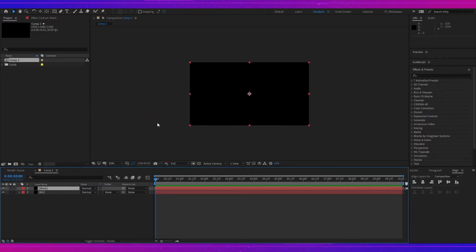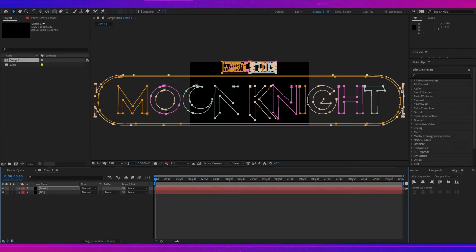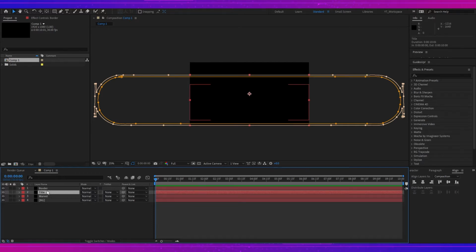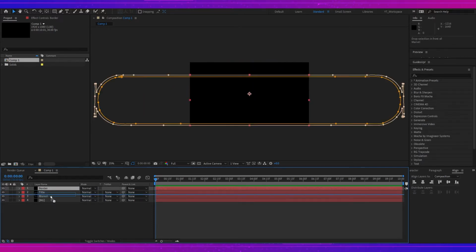and with the mask layer selected, press Ctrl V to paste all the paths that I have created in Photoshop. Now I have to separate the title, border and the Marvel logo into 3 different layers. Let me finish it and I will be back right after that. Here you can see I have separated all those layers,